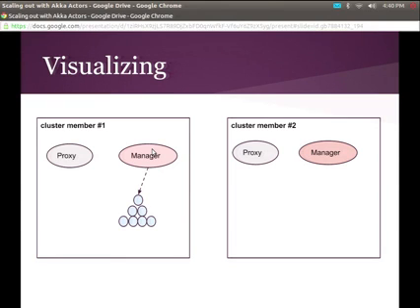So there's this kind of a graph that happens on failure where we calculate a percentage guess of whether or not the node is down, and there's a threshold that you can set in Akka to say, I want it to be n% when I say, oh, there's a failure.